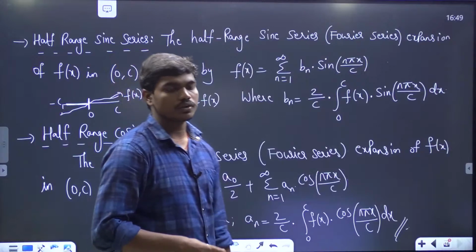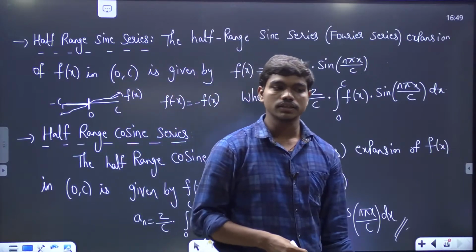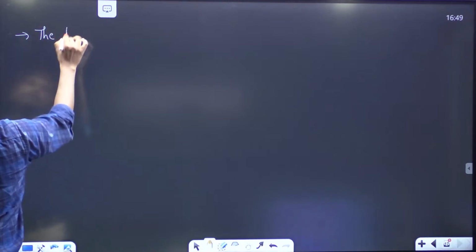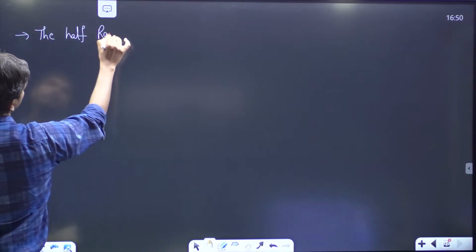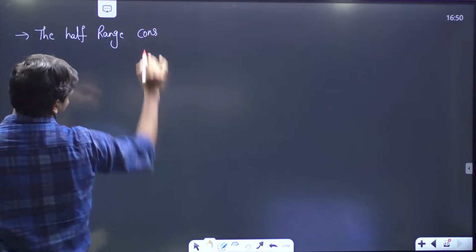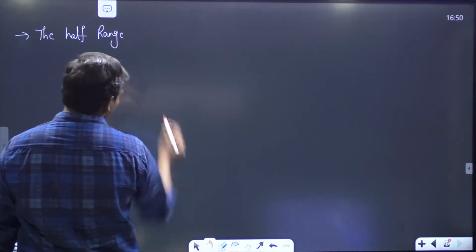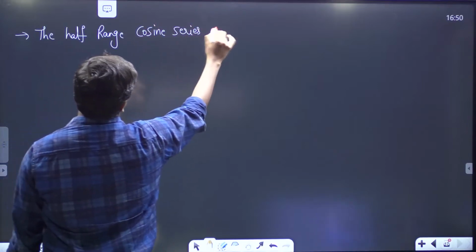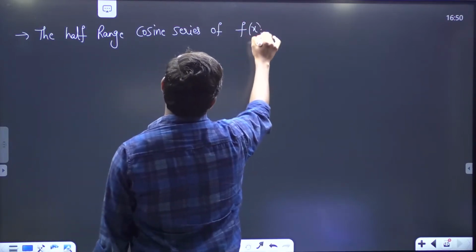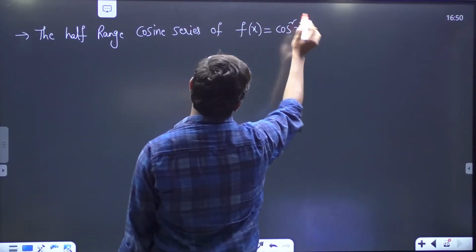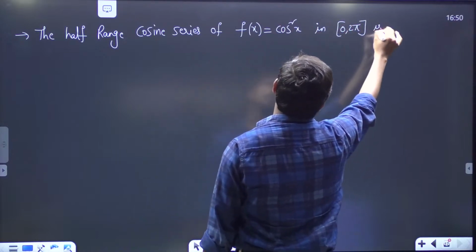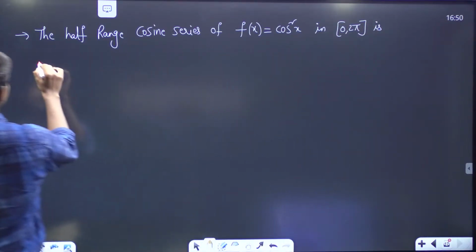So basically this is how you'll be writing all these things: half range sine series and half range cosine series. One time in GATE 2018, I guess, the question was something like this. The half range cosine series expansion of f of x is equal to cos square x in, I guess, 0 to 2 pi, for example, the 2 pi interval, is given by